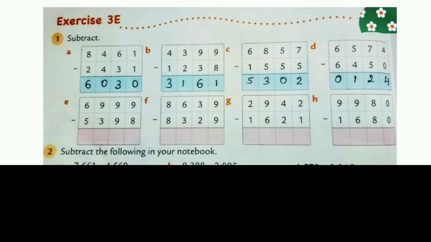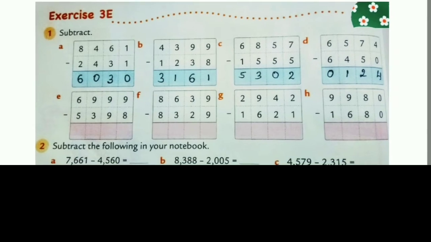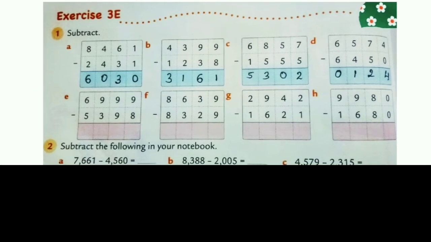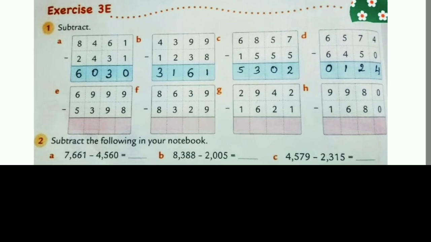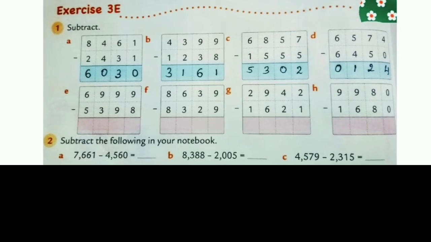When the number is subtracted from the same number, we will get answer 0. And when any number minus 0, we will get the number itself. This we have already learned in video number 6. See, next question. 9 minus 8 is 1. 9 minus 3 is 6. 3 minus 2 is 1. 4 minus 1 is 3.